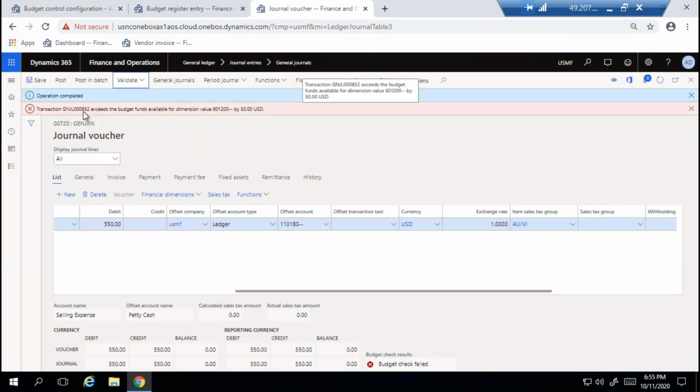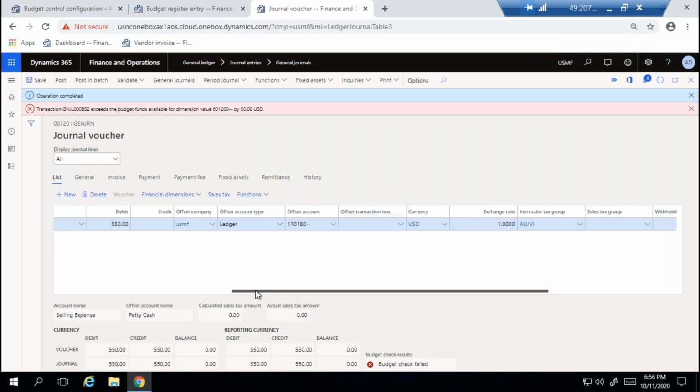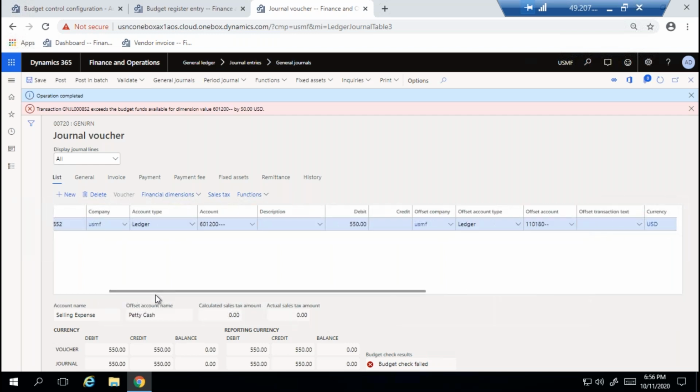Transaction, this number exceeds the budget amounts funds available. What it means? I have entered budget amount 500 and you are trying to post 550, which is wrong. System will not allow you to post the transaction more than 500 for this one,